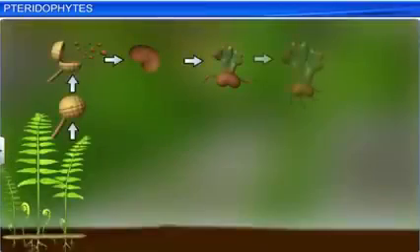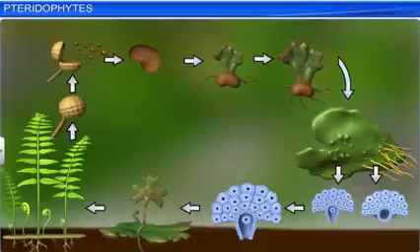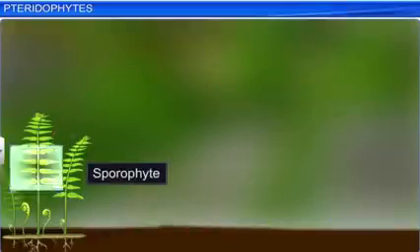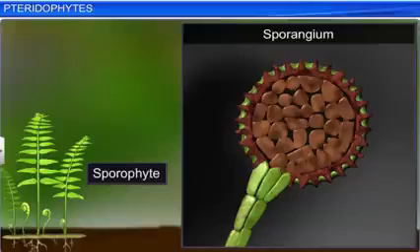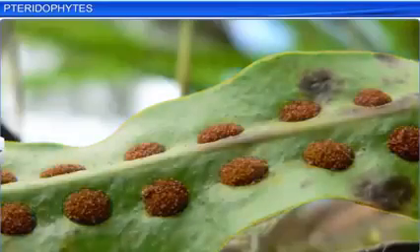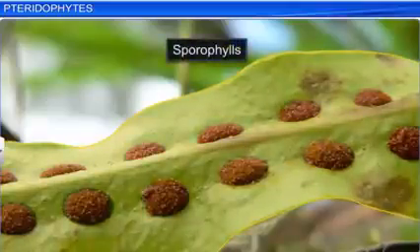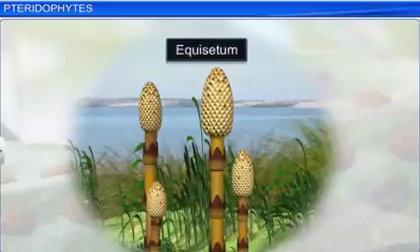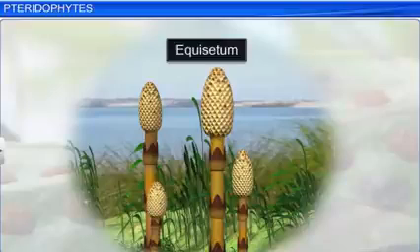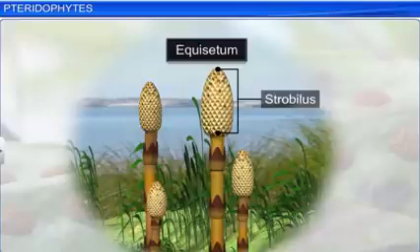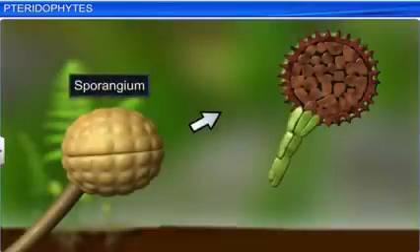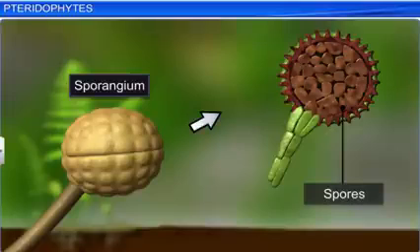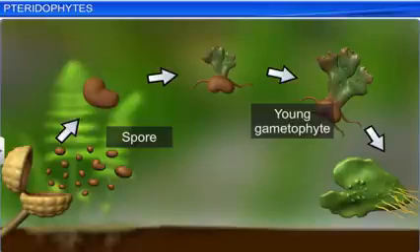The life cycle of a pteridophyte begins when the plant body, a sporophyte, bears sporangia, which are subtended by leaf-like appendages called sporophylls. However, in some genera like Equisetum, sporophylls might form distinct and compact structures called strobili or cones. The sporangia produce spores in spore mother cells by meiosis, which germinate into gametophytes called prothallus,